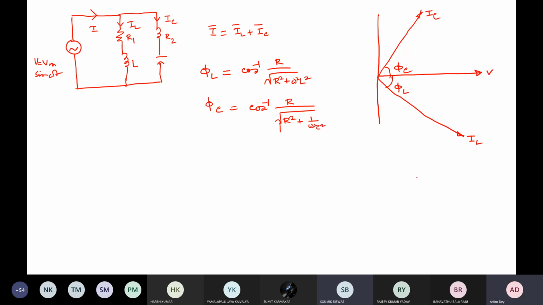Okay. So during resonance, again, you have to resolve it in two parts. One is this is your IL sine phi L, and this is your IC sine phi C. So that if you write, then you can write it in terms of